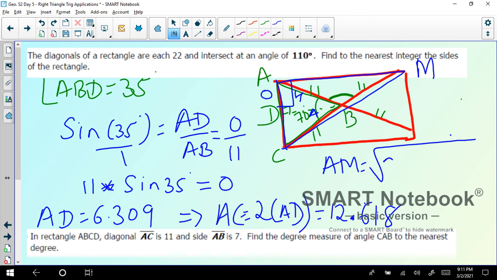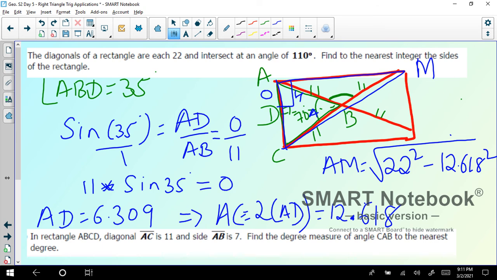Hypotenuse is 22, which is the diagonal, square, minus AC square, which we found as 12.618. Substitute that in calculator: 22 square minus 12.618 square, and taking square root of that